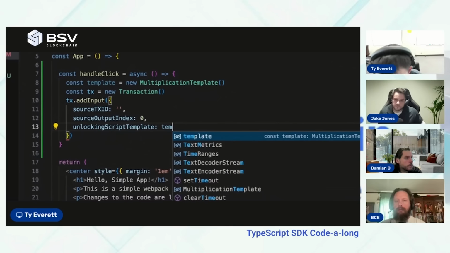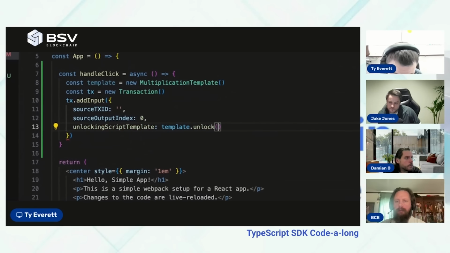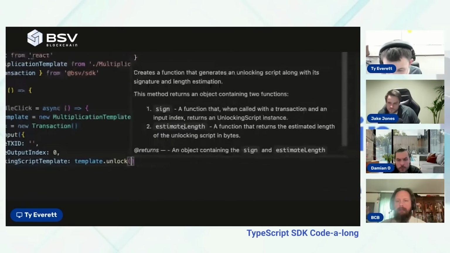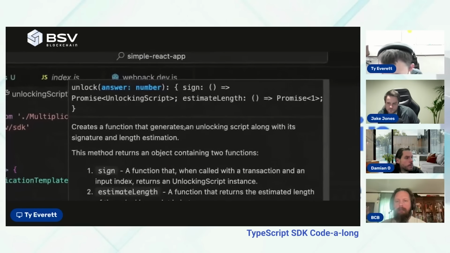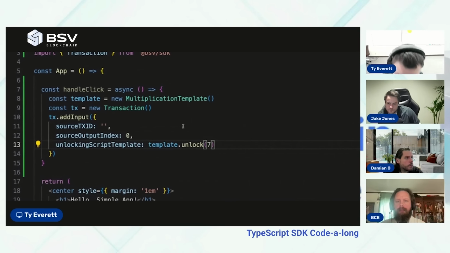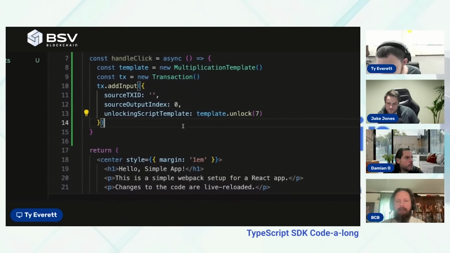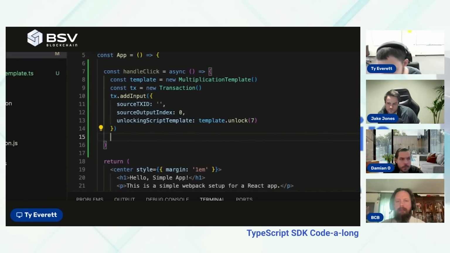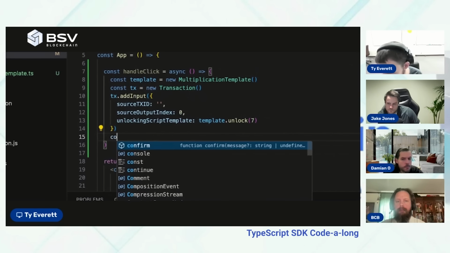It's going to be template.unlock with, of course, the number we're computing. So we could say the answer is 7. And you pass that custom value into the template, and then when you go sign the transaction later, we could